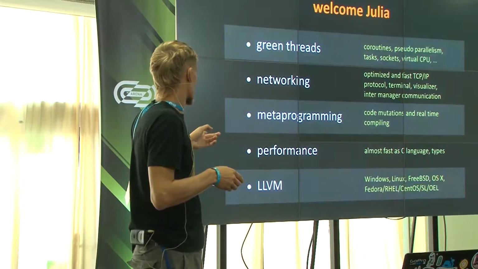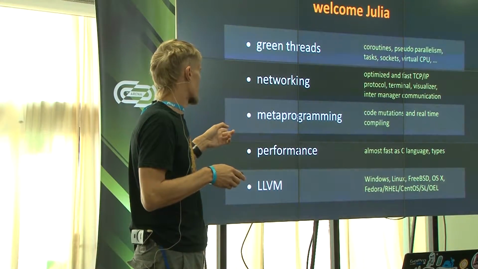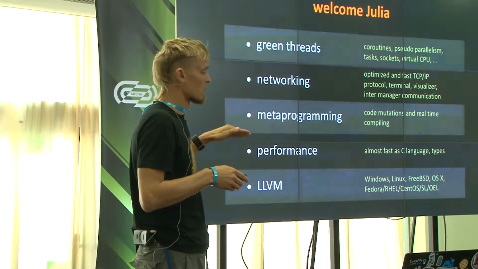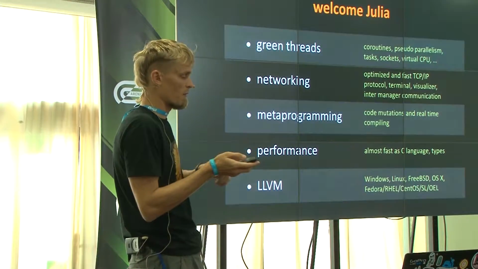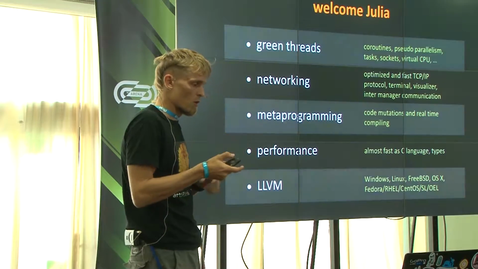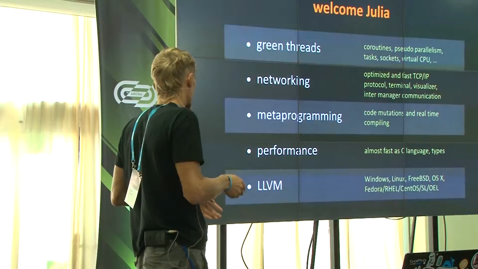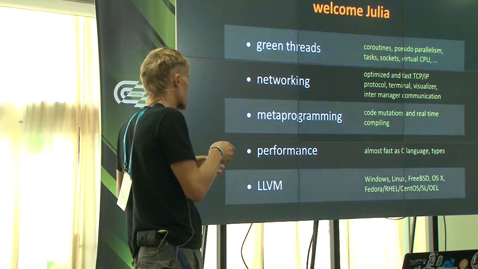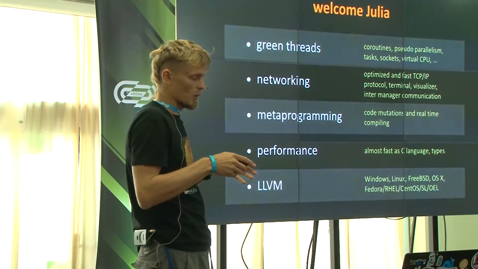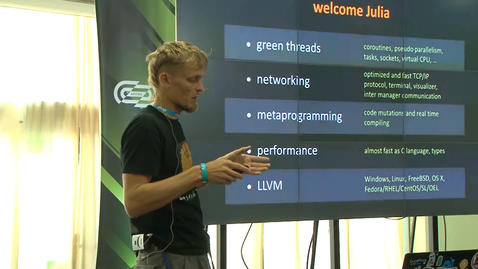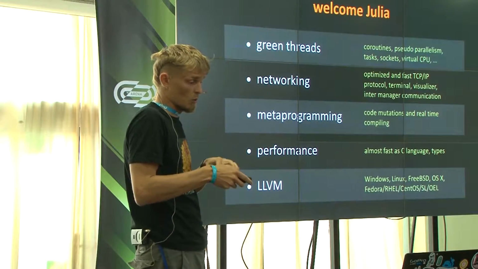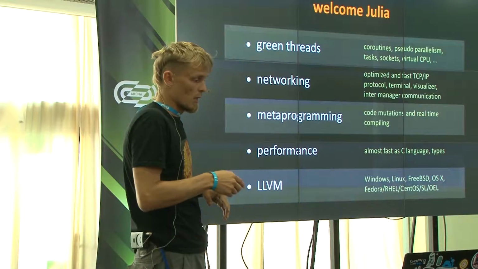Performance is very important because this language is very fast. It's at the same level as the C language. So for example, it's faster than JavaScript, Java, Go, and different languages like Python and so on. LLVM is an ability to run these applications on different operating systems like Windows. I have tried Windows, Ubuntu, and macOS right now.